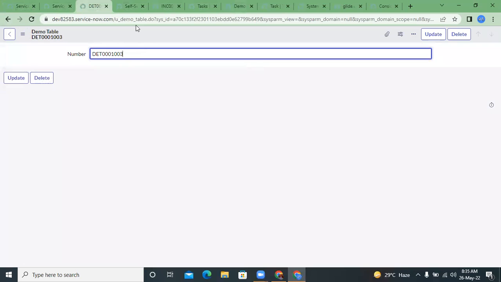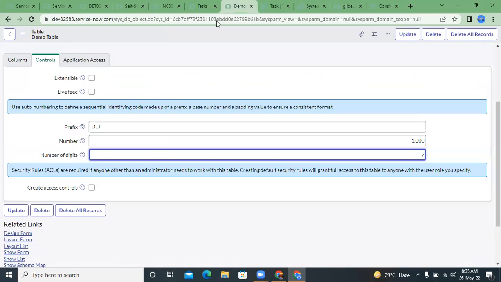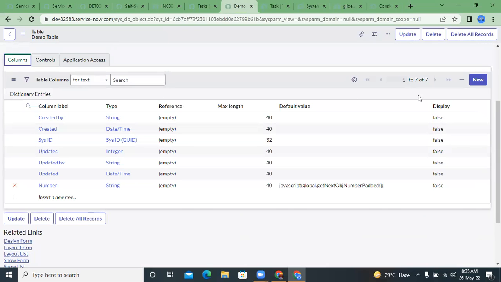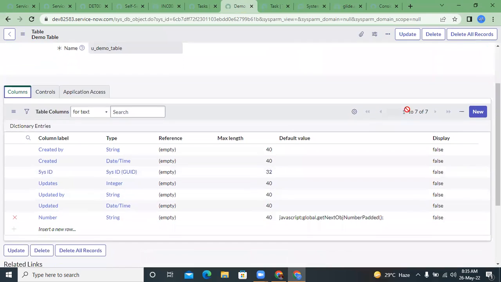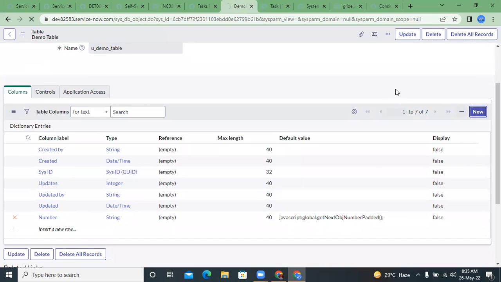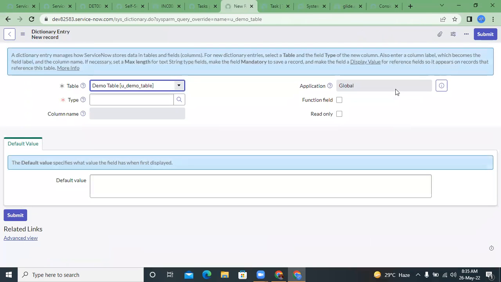So let's go and create a few fields. We have these fields here, and you can open this particular table and create a new field. After clicking New, you can see some fields you have to enter. The main fields are type and column name. So if you search in the type,